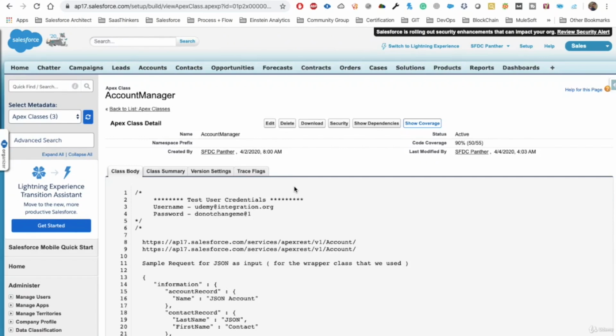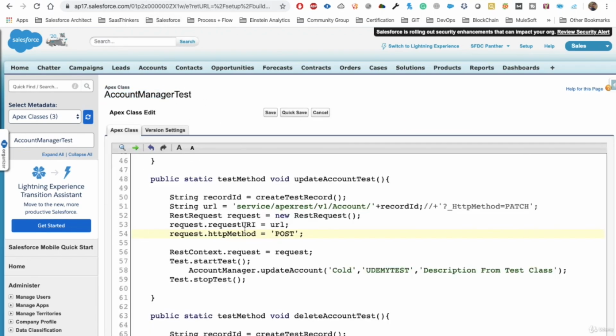Hey everyone, welcome to the course. In this lecture we are going to learn how we can write a unit test for the Apex REST that we developed in the previous lectures. AccountManager is our class which we developed, and now we are going to write a test class for the same. For the simplicity of this course, I have already developed an Apex class